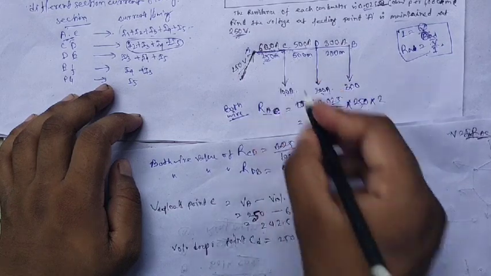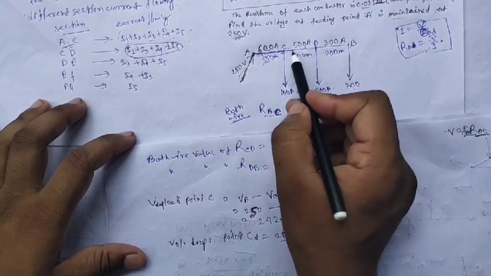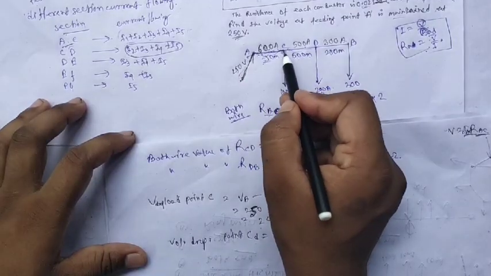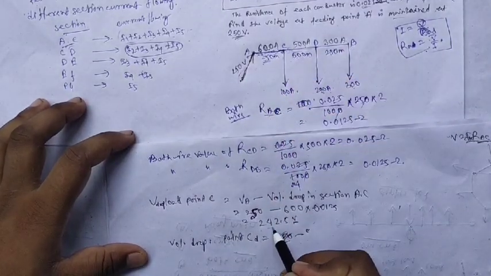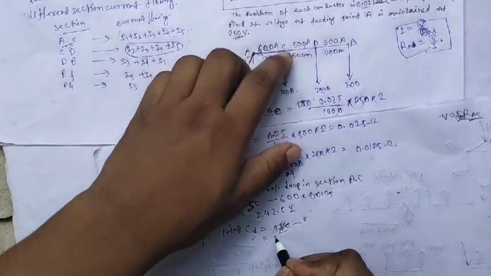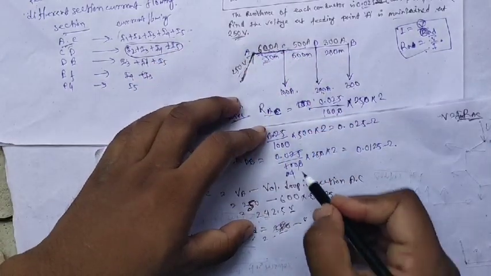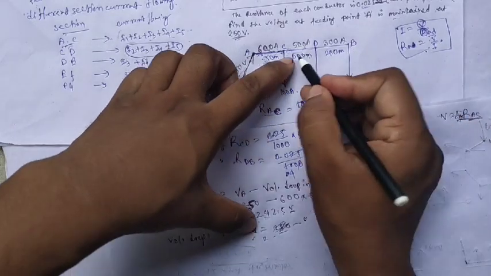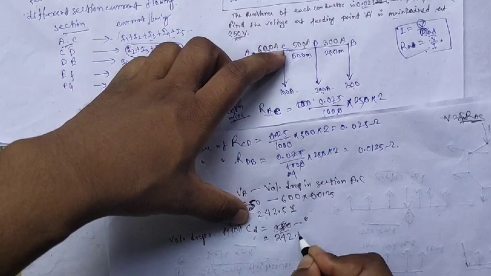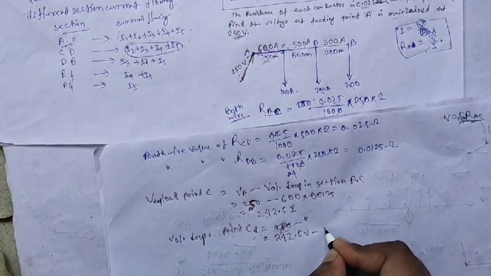This one is the same. Is this right or wrong for the voltage here? This is wrong. We don't get 250 volt here, we get 242.5 volt, because the drop is here also. So the voltage here comes to 242.5 volt, and the IR drop is also present here. So the supply voltage in this portion is 242.5 volt. Then the loss is present here.